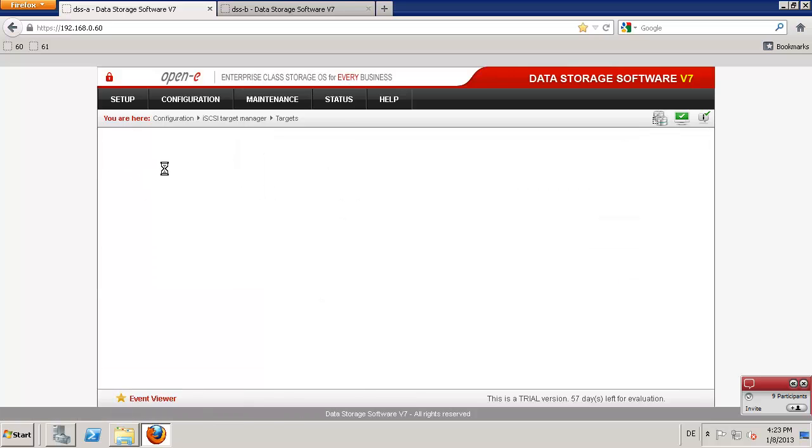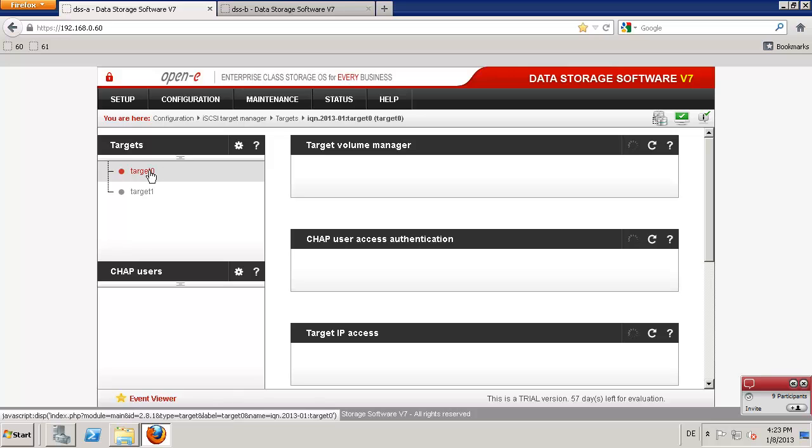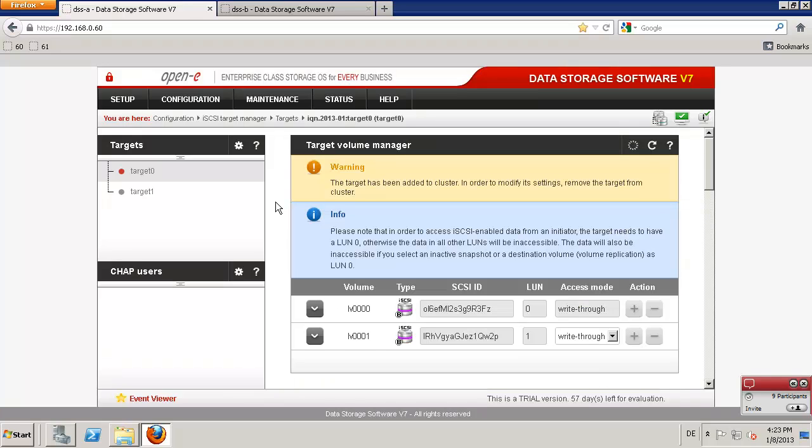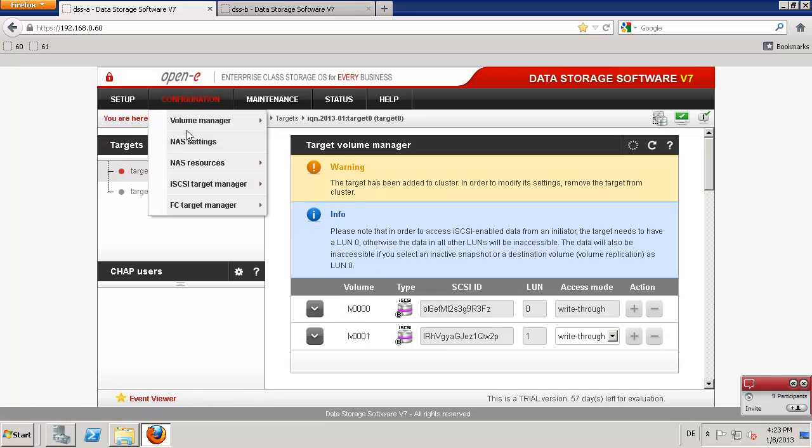When I have this target 0, which is assigned to the resource pool on node A, I have the option to add this to the existing target. In order to add to the existing target, I need to go to configuration, iSCSI target manager, targets,